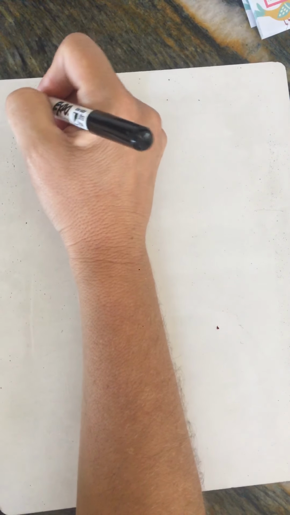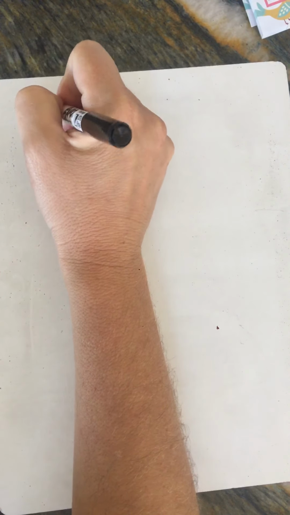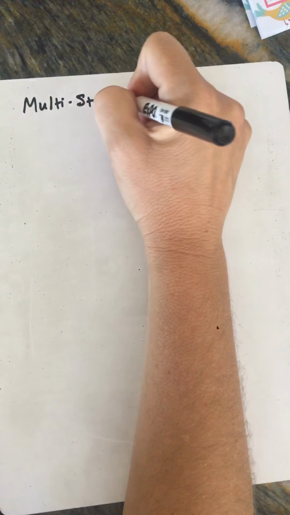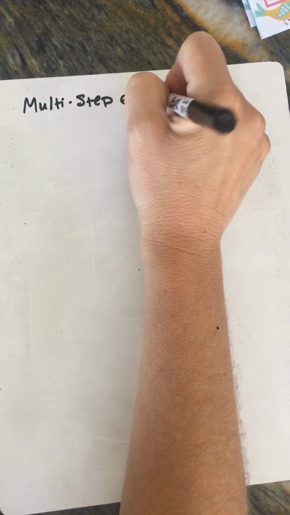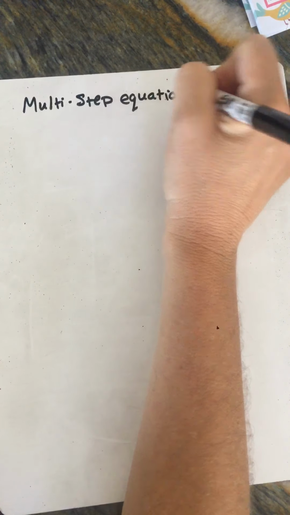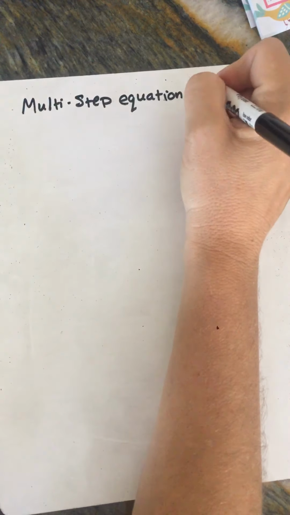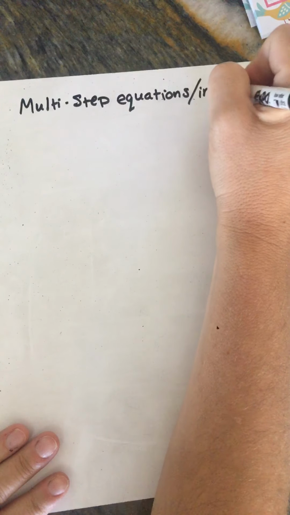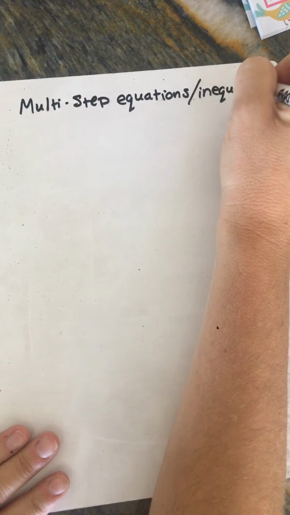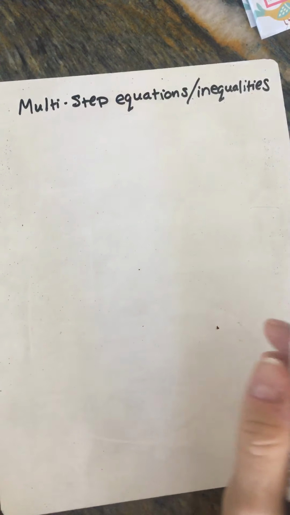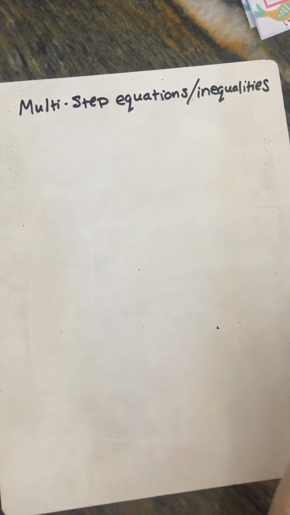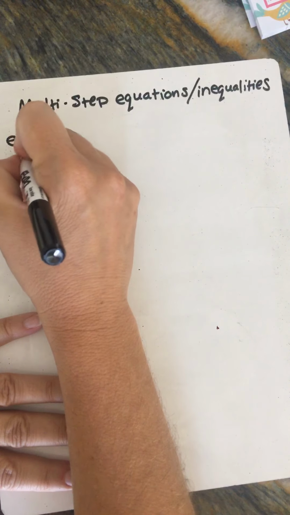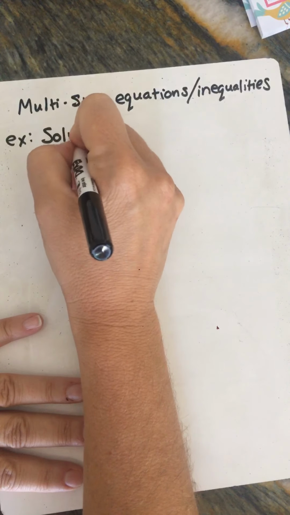So the first part we're going to talk about is the multi-step equation. And so we've got a lot of solve for x in this. And we'll do inequalities too. All right, so looking at multi-step equations, I'll give you an example. So let's take a look at, the instructions would say solve